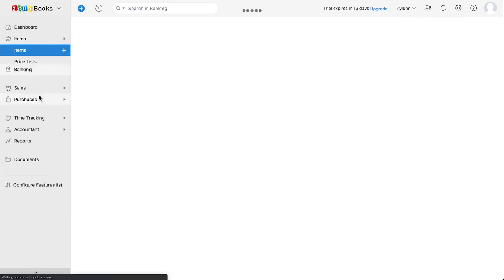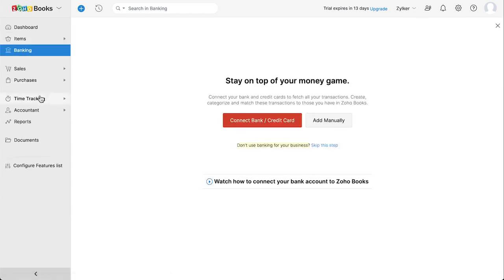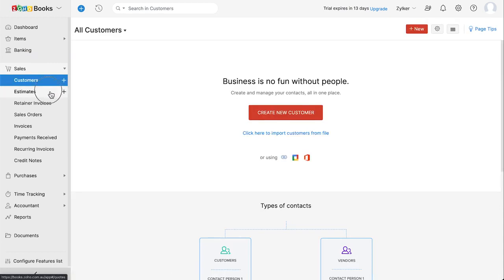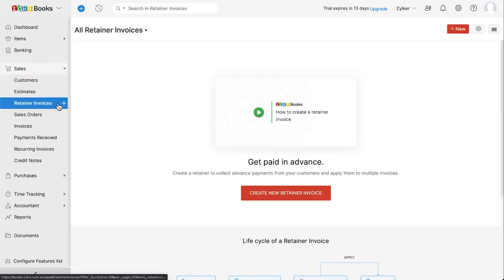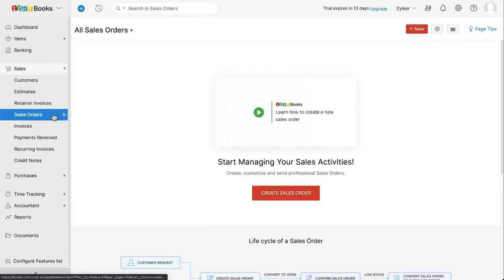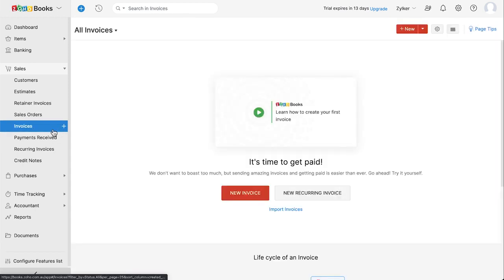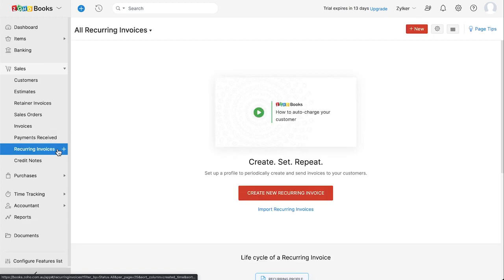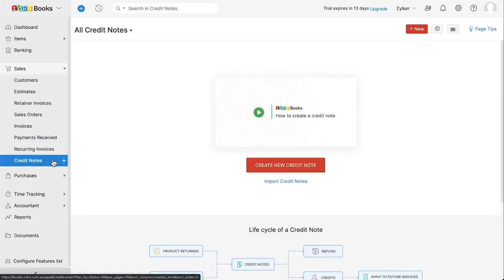In the Banking module, you can connect your bank account, import bank statements, match transactions, and reconcile your account. In the Sales module, you can add customers, create estimates, record advance payments through retainer invoices, create sales order for the items that you sell, create invoices for your customers, and you can also keep track of all the payments through Payment Received. You can also create recurring invoices for your regular customers and store your customers' credit through credit